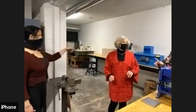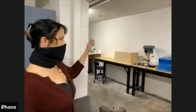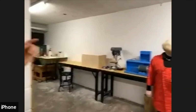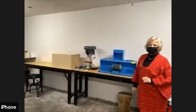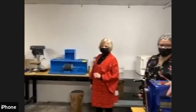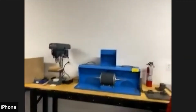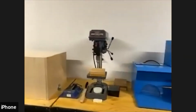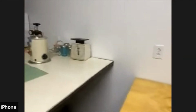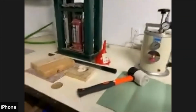So then back here, we've got a lot of machines Paige has acquired. We have a smaller enameling PMC kiln, the polishing machines, bending brakes, shear, vices, and I don't know what's locked up in the box, but there's also, we do die forming. There's our wax injector. We have a band saw. Lots of tools that we will have out or available for people to rent in the space